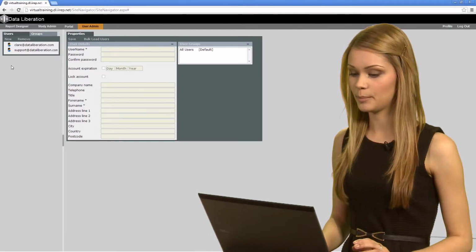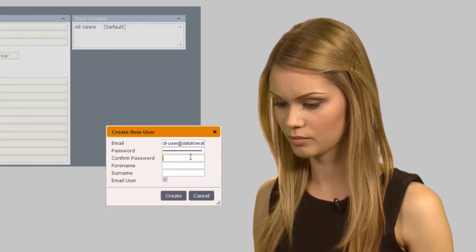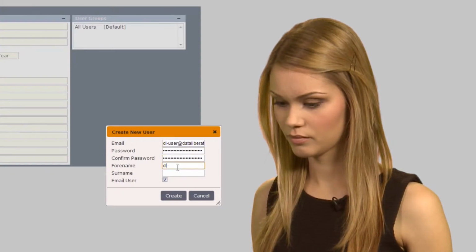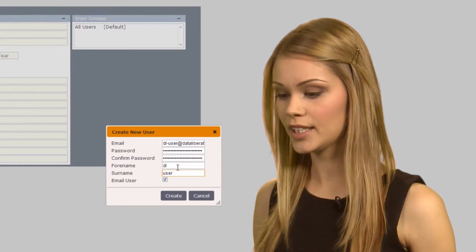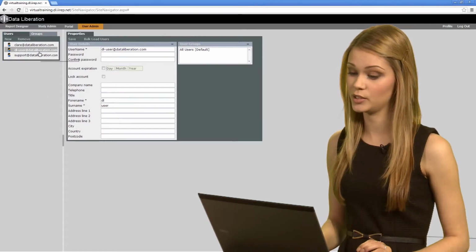Adding a new user is simple. Click on New and fill in the details. Let's click on Create and you will notice that this new user has automatically been added to your user tree